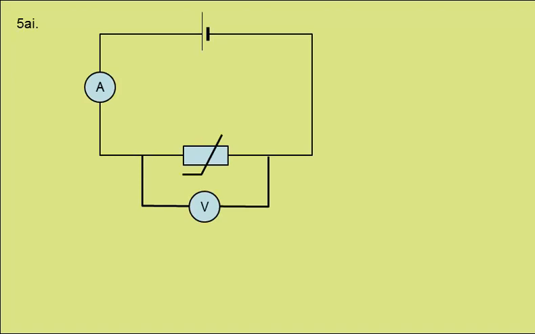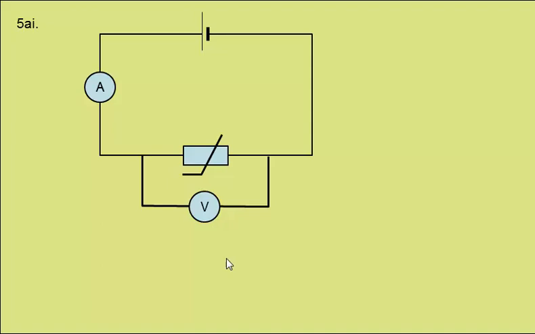In question 5a, a student wants to find how the resistance of a thermistor changes with temperature. In part 1, we need to draw a diagram of a suitable circuit that would allow the student to find the resistance of the thermistor. Well, we need a power supply, we need an ammeter in series with the thermistor, and a voltmeter in parallel